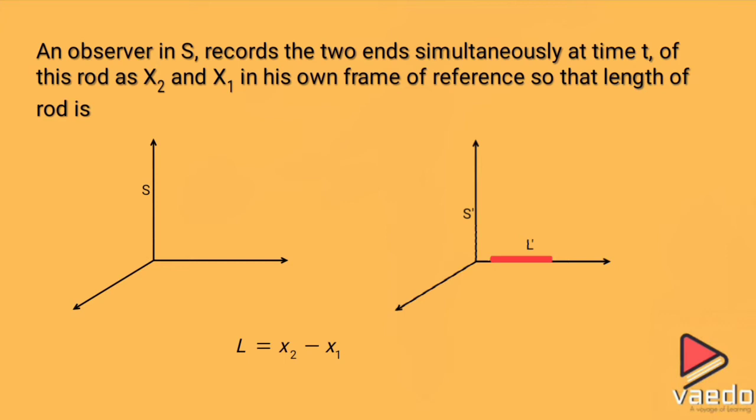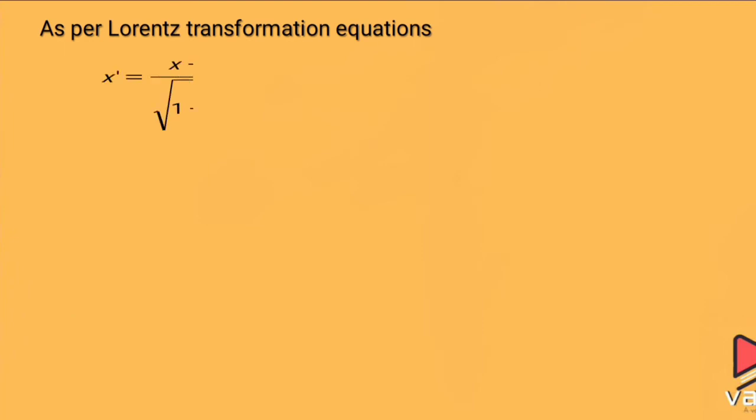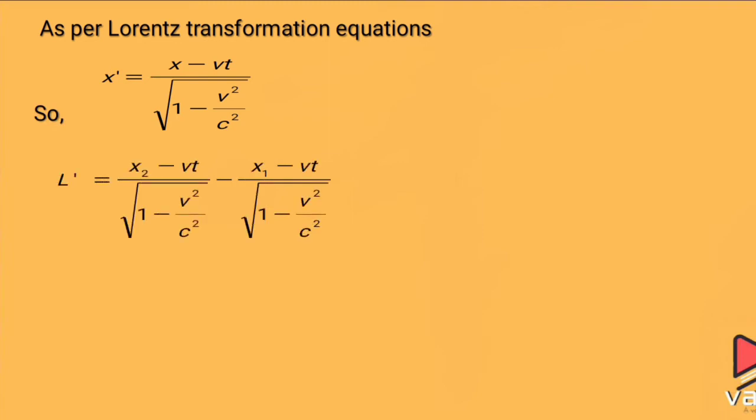Now what is the difference here? The coordinates we have used in the first frame of reference for the same length are related to the second frame of reference. But in this situation both frames of reference are moving, so we have to consider the Lorentz transformation equation, because we know that this speed is in the range of relativistic order. So here we will apply the Lorentz transformation for x prime. According to the Lorentz transformation, x prime equals x minus vt over the square root of 1 minus v squared over c squared. And if we place this expression for L prime,